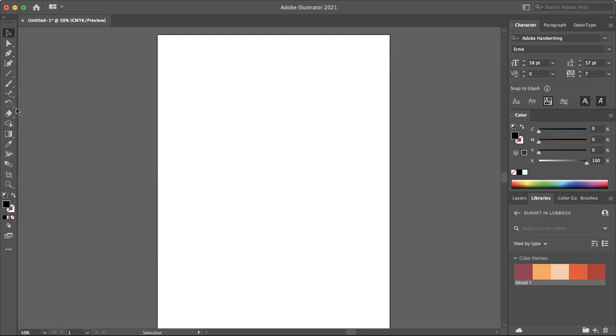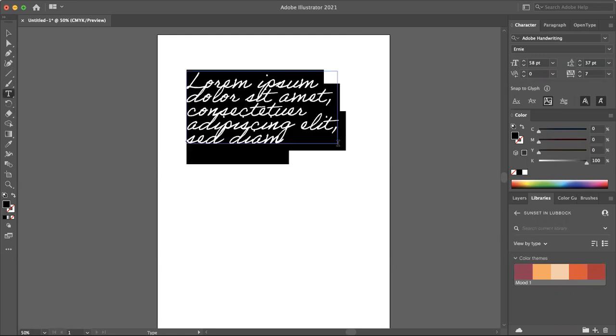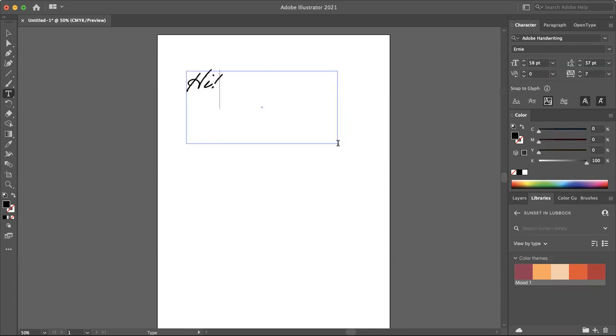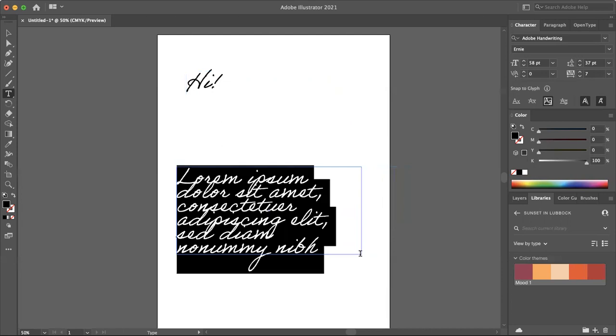So to find our type tool, mine might look a little different right now, but if we're on our direct selection tool, we can actually press the letter T, or we can come over to our panel and click the type tool. And you just type whatever you want. The font that automatically shows up is just there to act as filler and show you what text in that spot might look like. This blue box around here is basically going to be your border for as far as you'll be able to see the text.